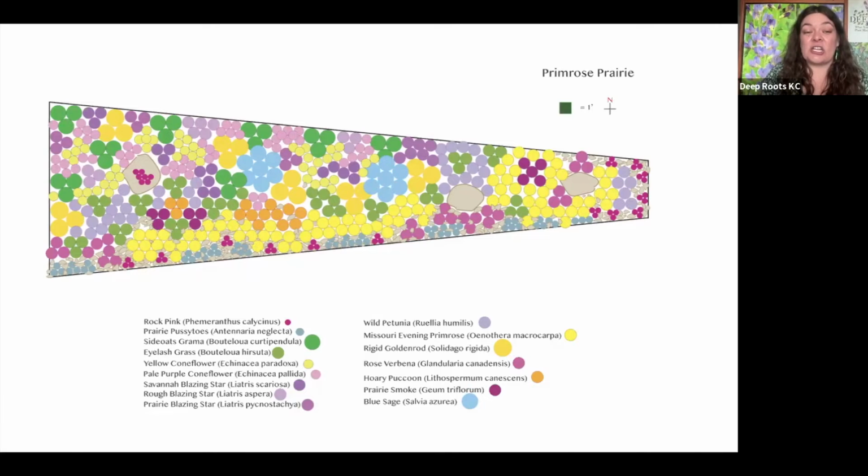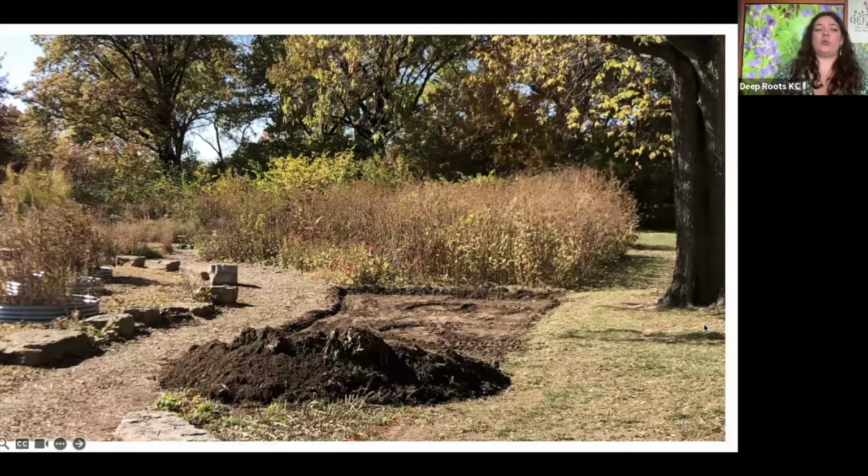And this is a garden that, again, I designed. And then my coworker, Alex, and I installed it together. So this is what